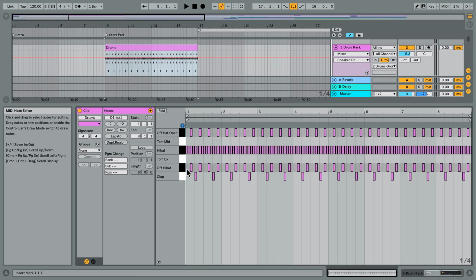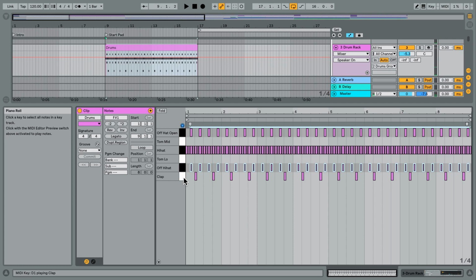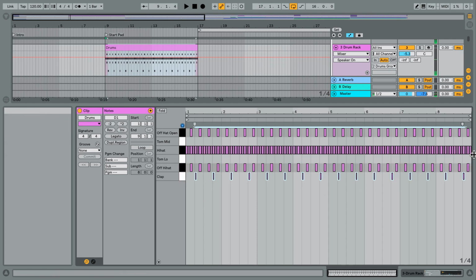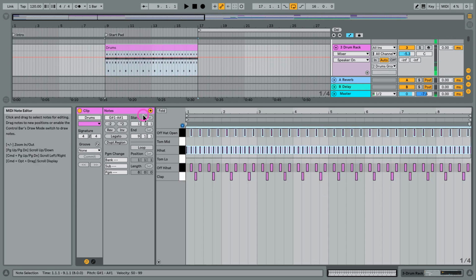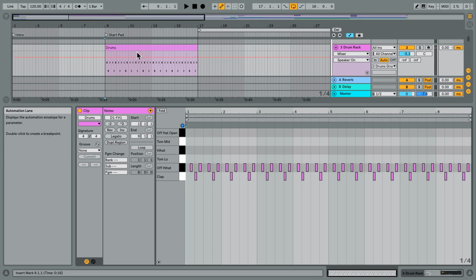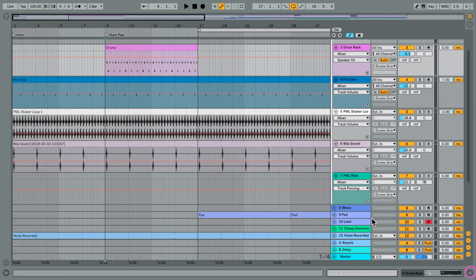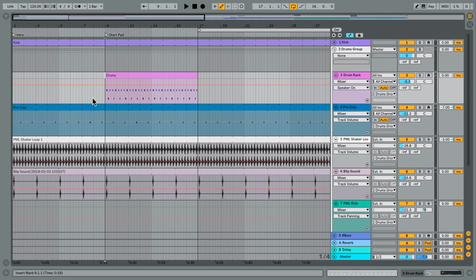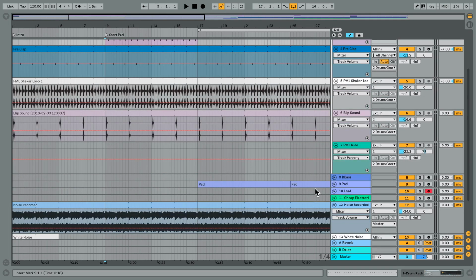I just want to play my off hi-hat and my clap for starters. So I'm getting rid of everything else in this area. We're going to build it up over time, have a little bit of a build up here. And also, well, maybe we are playing some claps here already, but let's just see what happens because we need